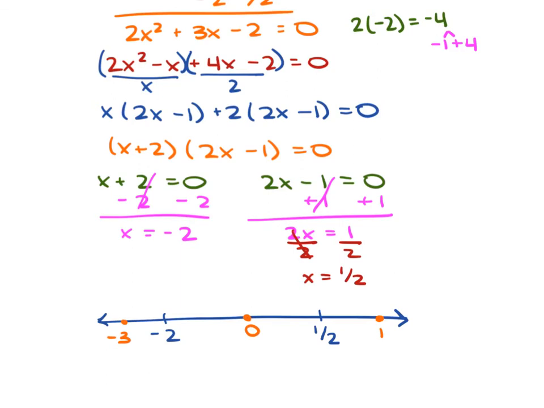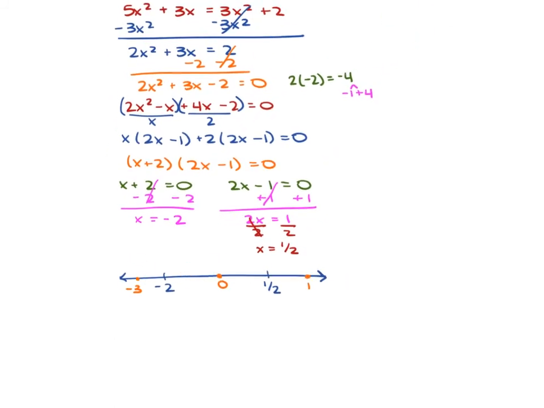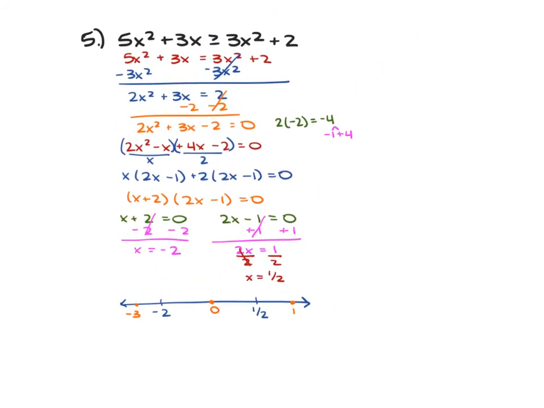Now, an easy way to do this, it's kind of like a shortcut. If you choose the number in the middle, you would have 5 times 0 squared plus 3 times 0 is greater than or equal to 3 times 0 squared plus 2. If you do this correctly,